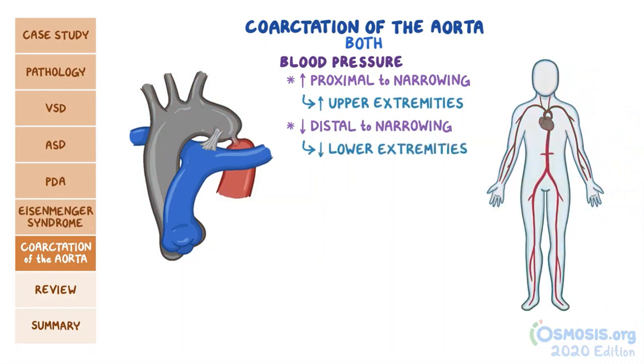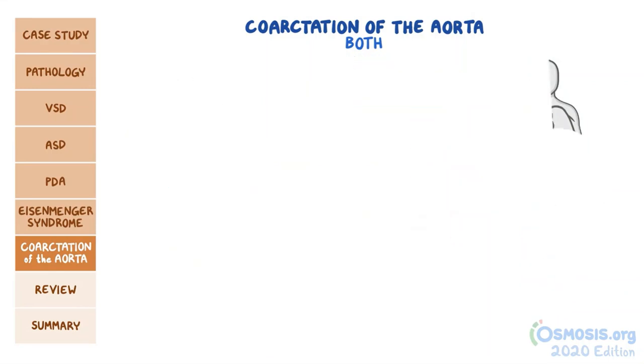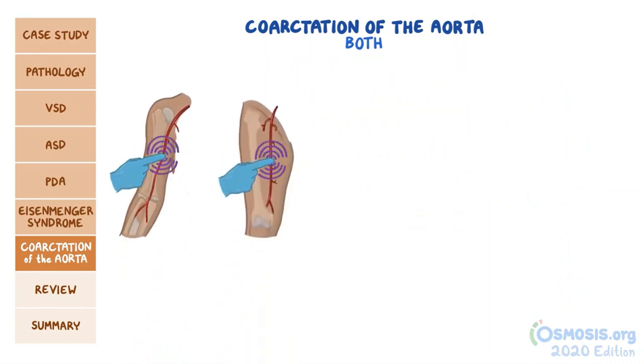But the thing is, we don't usually check lower extremity blood pressure routinely, so exams can bring coarctation as a case of hypertension that was not resolved with medications. Now, if you put one finger on the brachial artery and another on the femoral artery, you should normally feel the pulses right around the same time, and they should be of equal strength. But in coarctation, the femoral pulse is quite delayed, and it's relatively weaker than the brachial pulse,